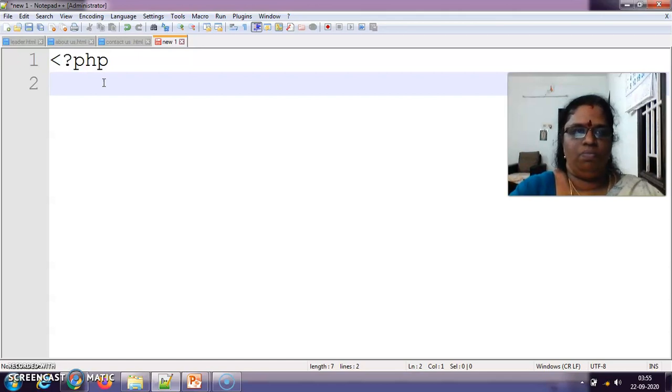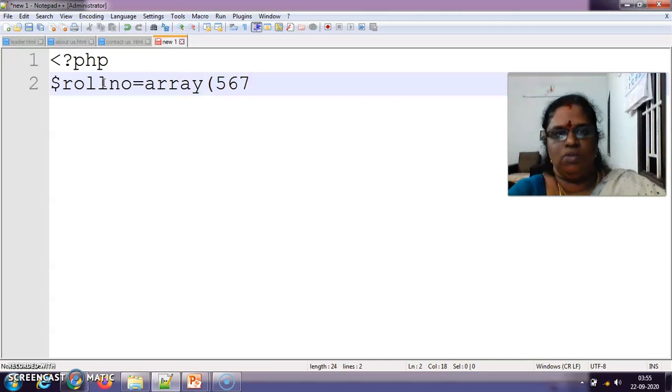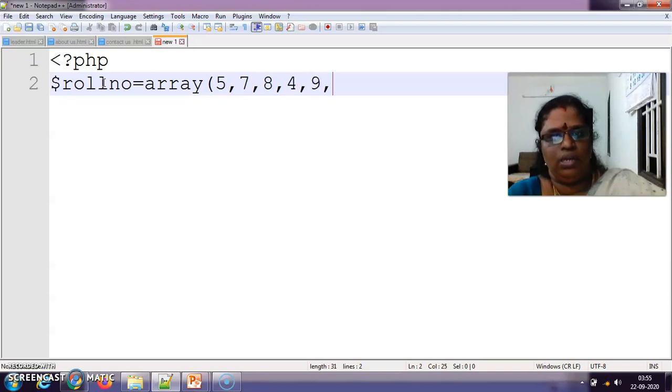PHP. Array roll number is equal to array of 5, 7, 8, 4, 9, 1, 2, 3.